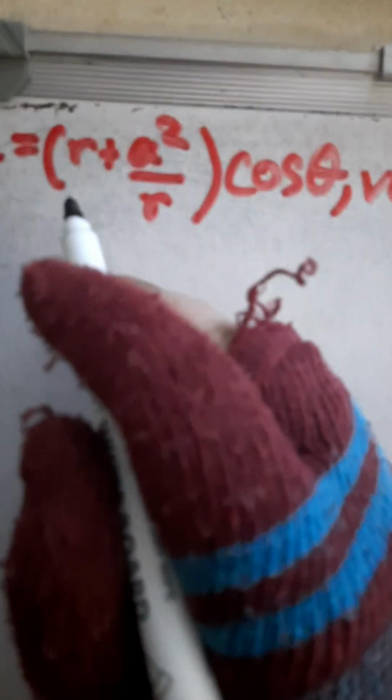Different headache. Okay, so we have a real function which is u, but you have to keep in mind that we have this function in r and theta form, not your regular x and y form. So this is going to be a little pain. Okay, so what is going to happen is we have to verify it with Laplace equation,